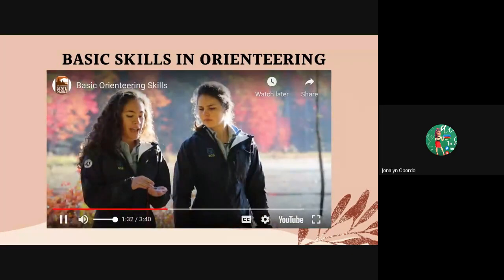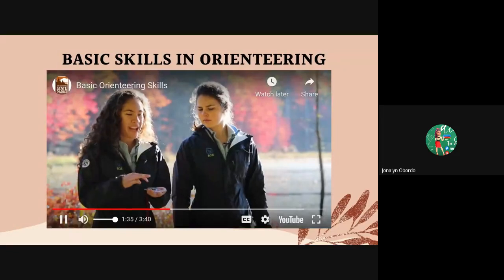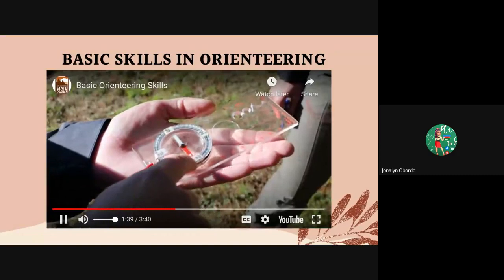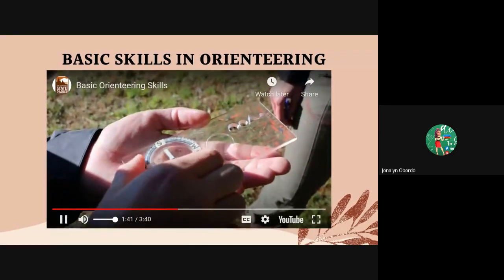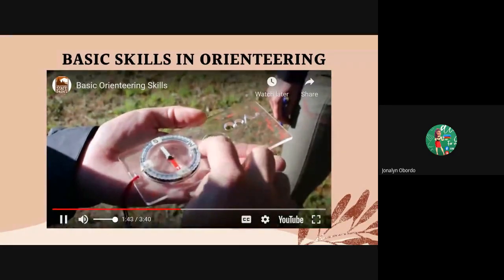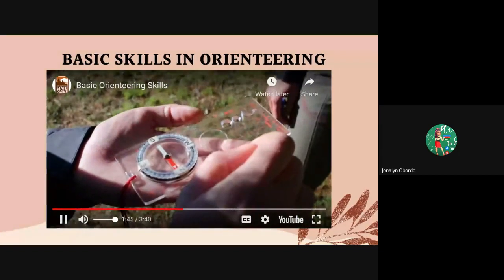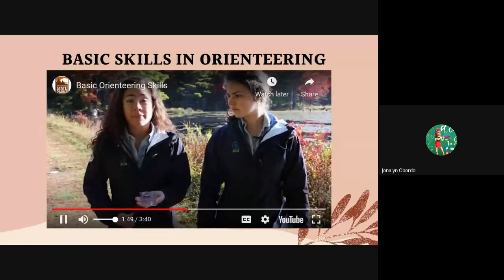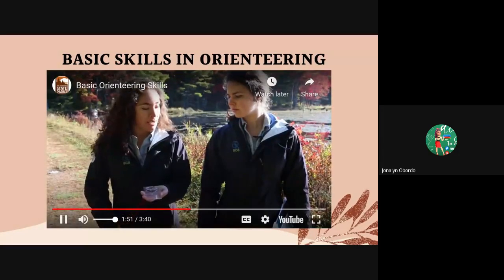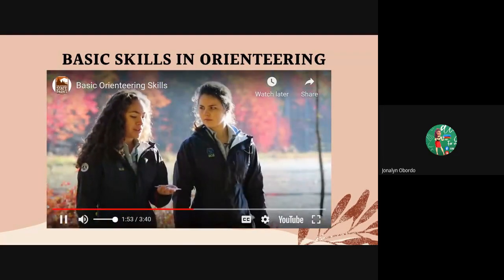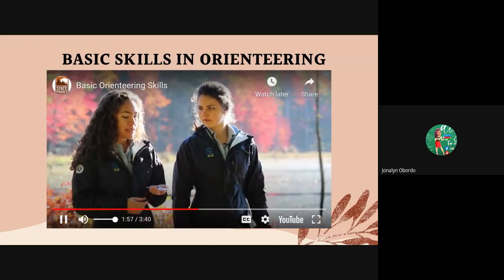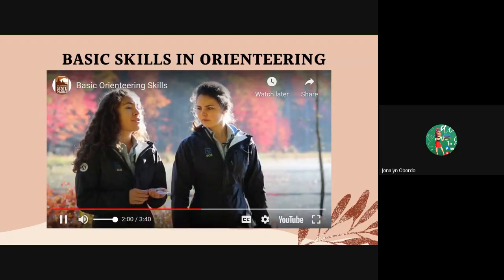So now that we have these two matched up, now that we have red in the shed, as I like to say, we can see that our bearing is, if we look at our direction of travel arrow, 253 degrees southwest. So if you find yourself at an intersection that you don't quite recognize, but you know the direction that you need to be heading in based on the map that you've brought with you, and you see the direction that you actually are heading in on your compass, then you can figure out which trail to take.